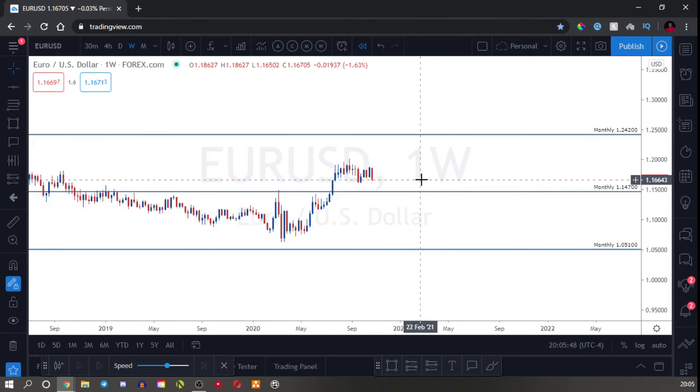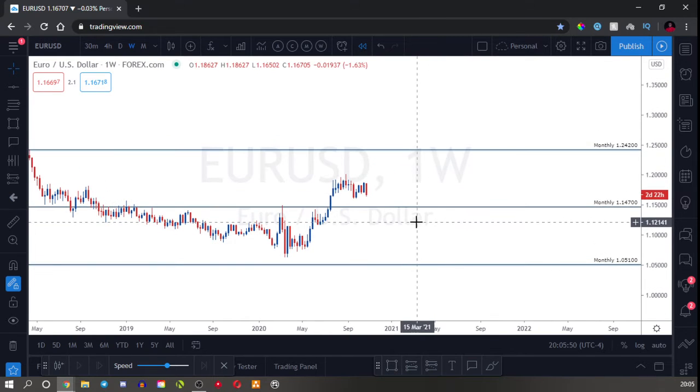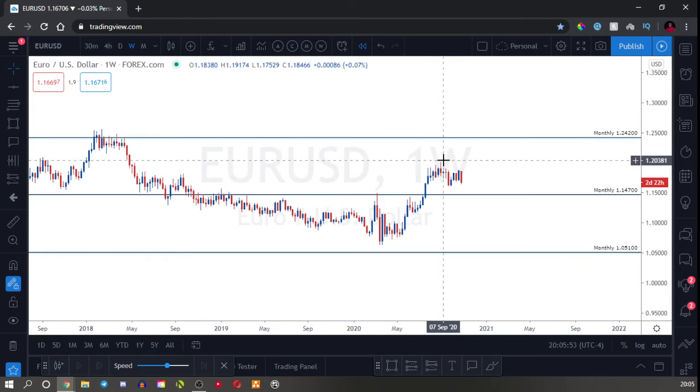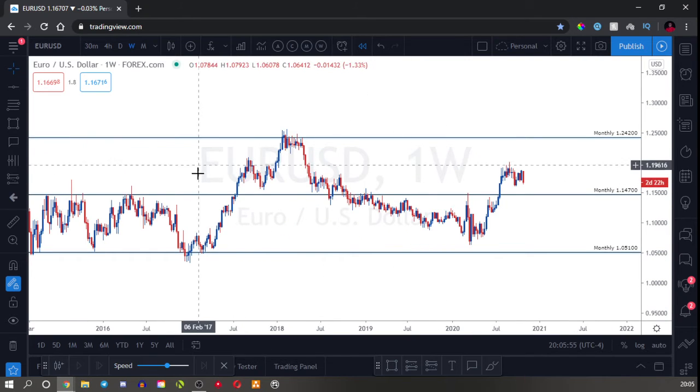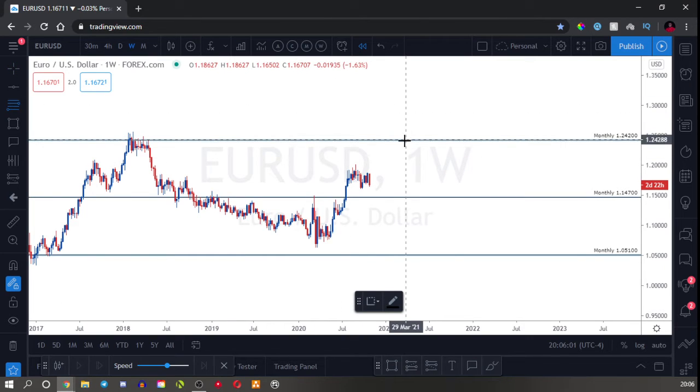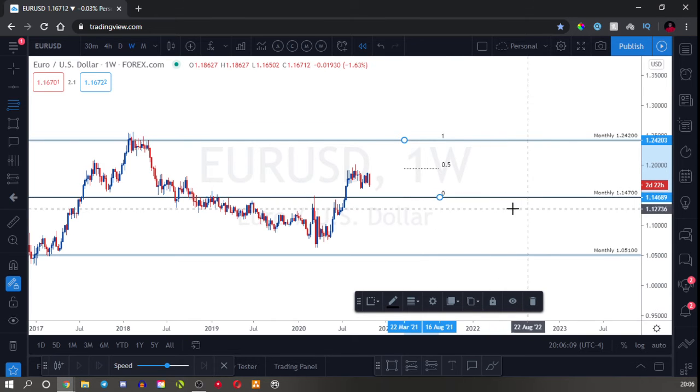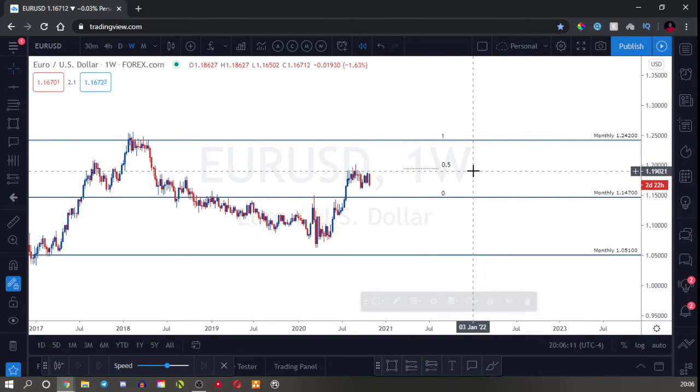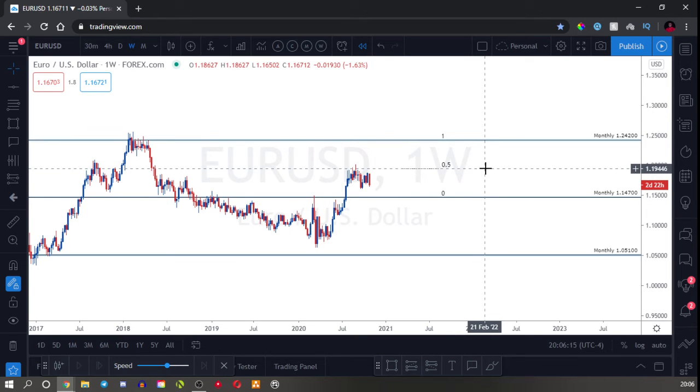Now on the weekly, next thing we're going to do, instead of finding an area where price is rejected several times, we're simply going to take our Fibonaccis immediately and put it on the top monthly level and bring it down to the middle monthly level, this middle monthly level that we just made. After we do that, we take our horizontal ray and drop it as close to that 50 as we possibly can,